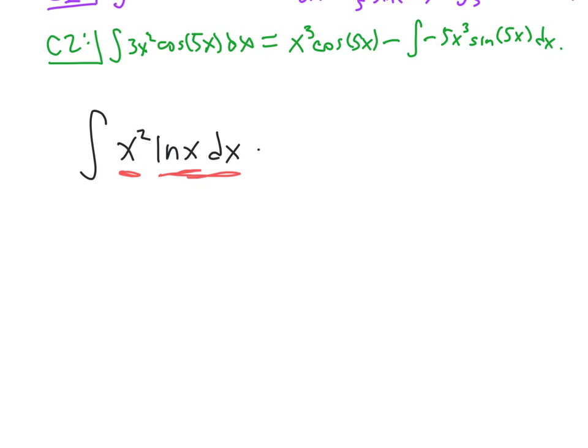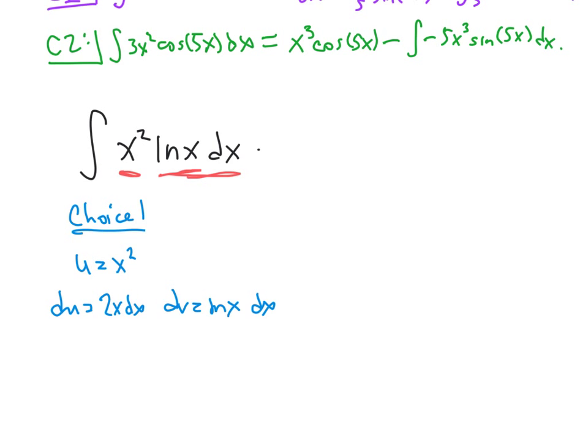I'm going to just switch colors here again. Switch to blue. Okay, so choice 1 would have, let's see, what was it? It would be u equals x squared, dv equals natural log of x dx. All right, and I like this choice. I like it a lot because this means I'm going to differentiate that x squared. That makes that simpler. But then my du is going to be 2x dx. All right, that's fine. And then v is,